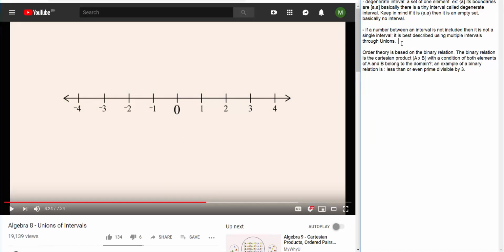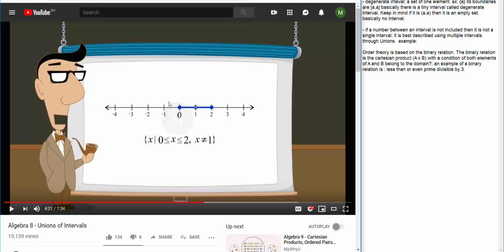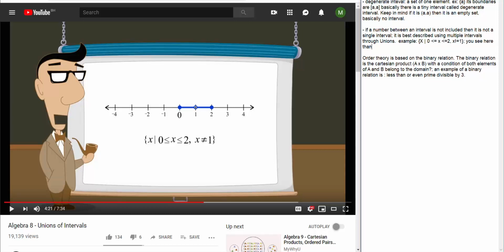For example, just to write down the notes, because primarily what's being said here is quite important: say you have a set of x such that 0 is less than or equal to x less than or equal to 2, but x does not equal 1. You see here that 1 is not